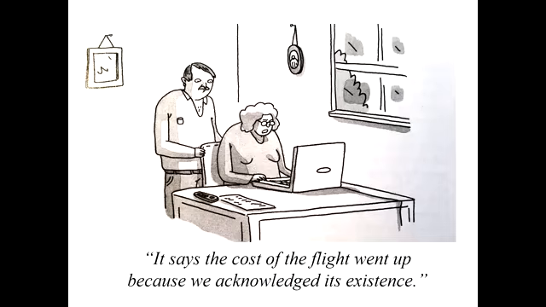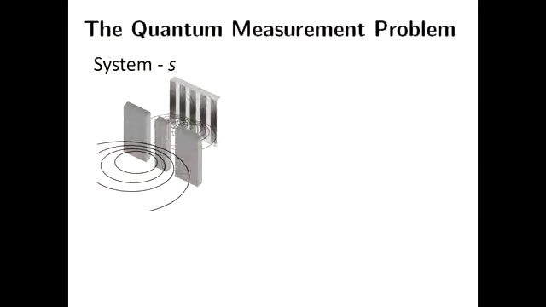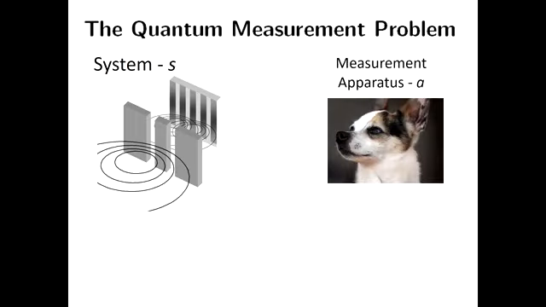So there's something peculiar about observation. And this is, of course, the quantum measurement problem, which has been described before here, but I'm going to do it in a simpler form. You have some sort of a system, which could be a double slit, any kind of physical system, some sort of measuring apparatus. And the measuring apparatus does an observation of the system.